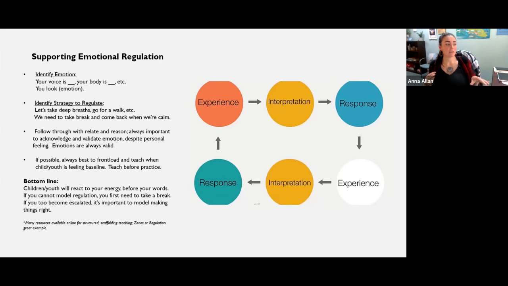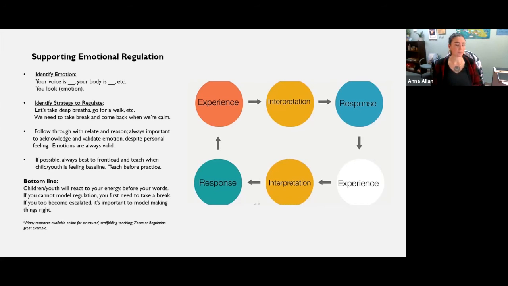The other piece with this too is when we're going through these 3 R's, and this was touched on a bit, I think it was Judy who had mentioned it before, but I could be wrong. We talked about the importance of front loading too, right? So when that child is at baseline, saying, in our home, hitting isn't okay. So when you're feeling frustrated and angry, as you're learning to not hit, what can we hit instead? We're going to front load those expectations or those boundaries preventatively before